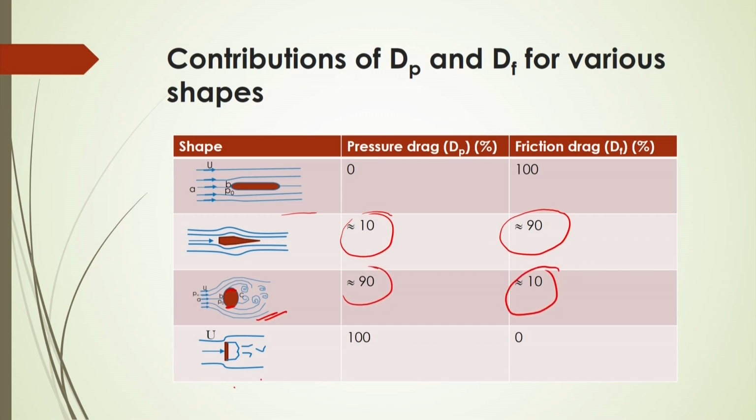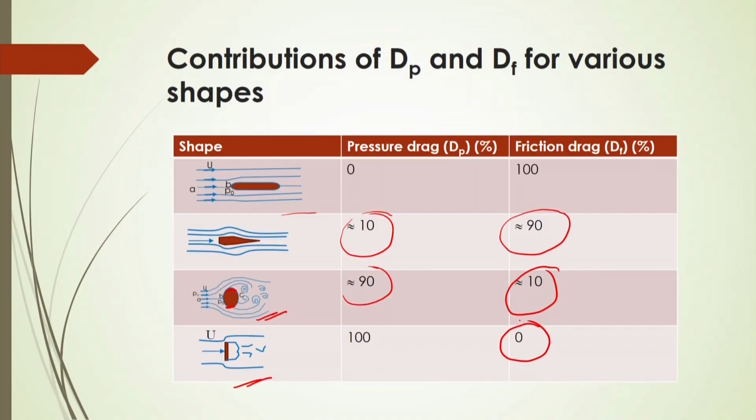Whereas, for this type of object you will see they are very small, that means almost a negligible amount of surface is in contact with the fluid. That is why we can say that there will be a negligible amount of friction drag, or almost it will be 0, whereas 100% of drag will be contributed by the pressure here. So, in this case we are having different contributions of the pressure and form drag, and the summation of these two drags will be the total drag there.